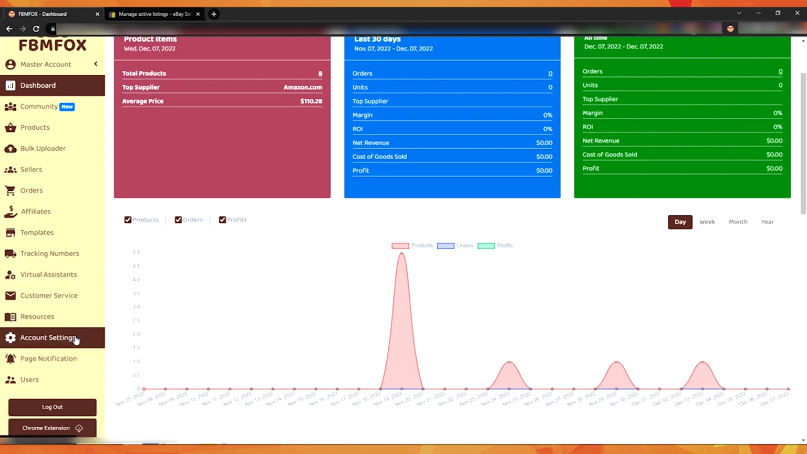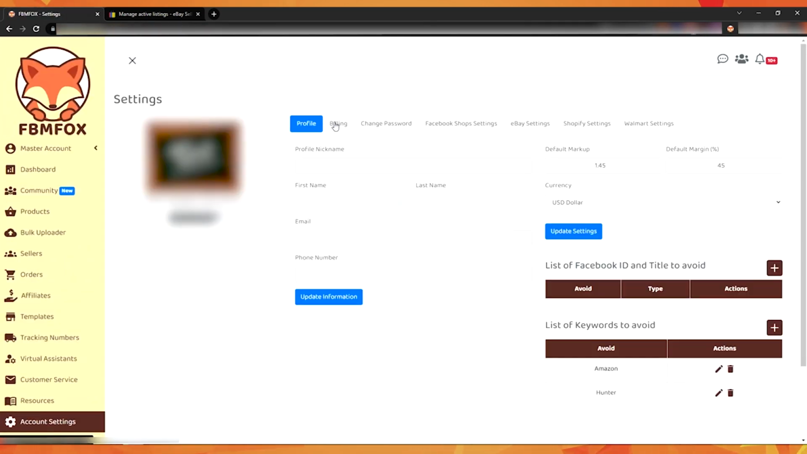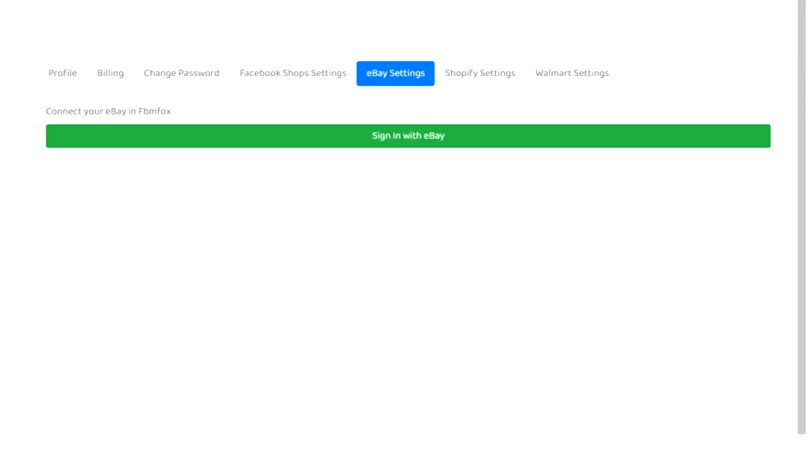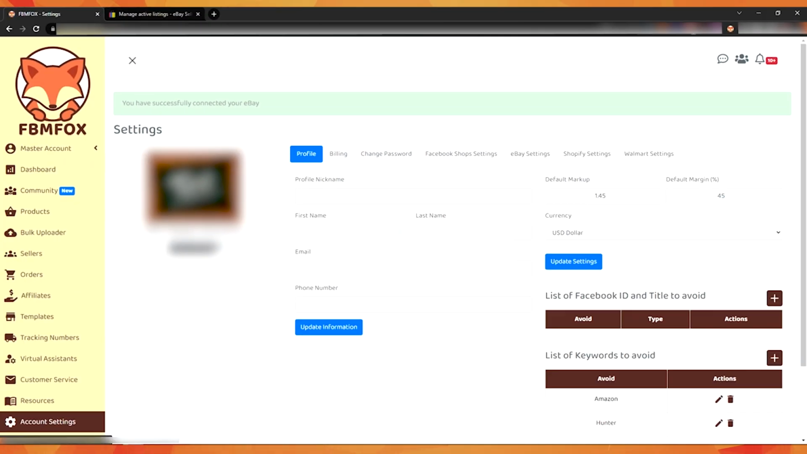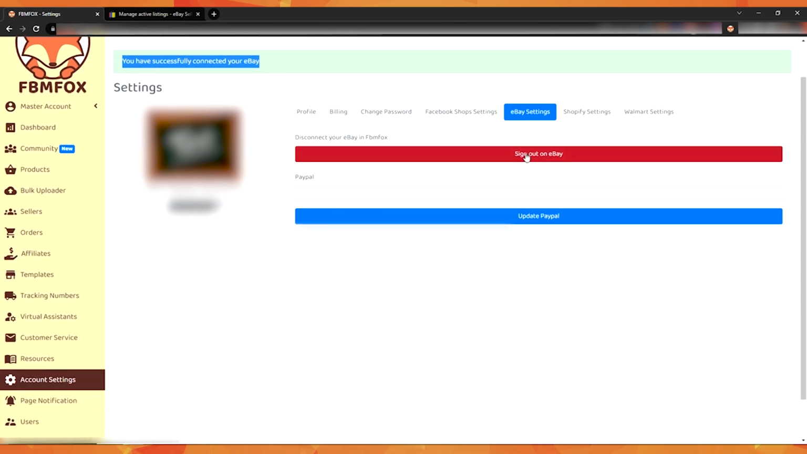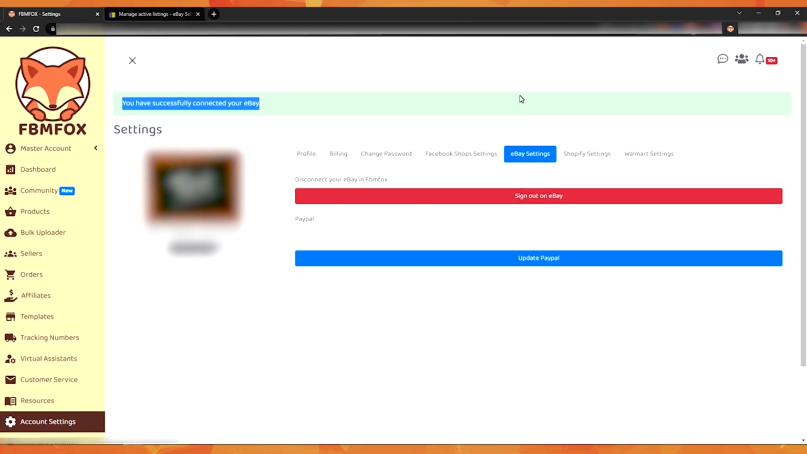The next thing you want to do is go over to your Fbmfox account and then go into your eBay settings area after you click on account settings. If you want to connect your eBay account to Fbmfox, all you have to do is hit sign in with eBay. Once that's done, it will say you have successfully connected to your eBay. If you are logged in, this is all you have to do. If you're not logged in, it'll open a new tab for you and prompt you to log in and allow our app to basically access permissions